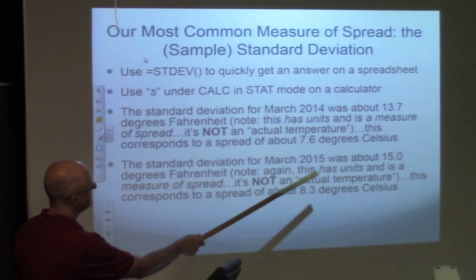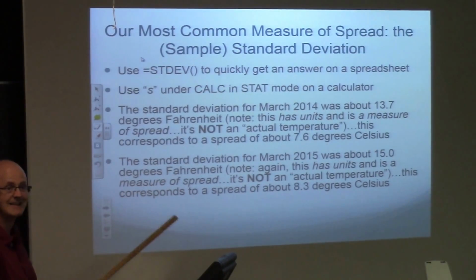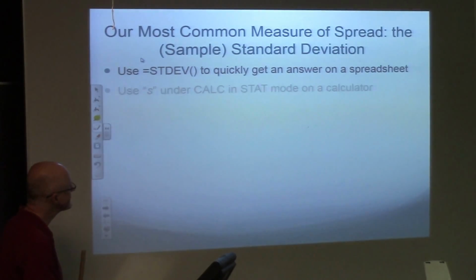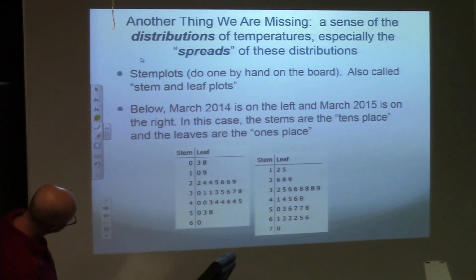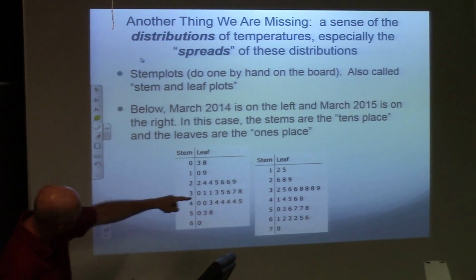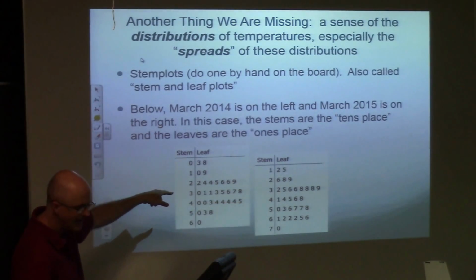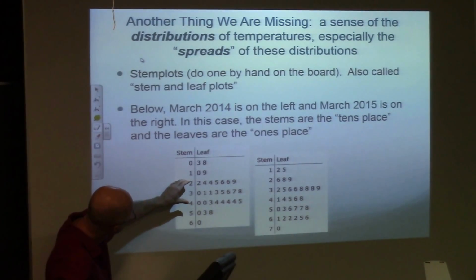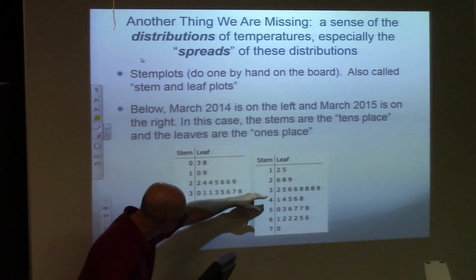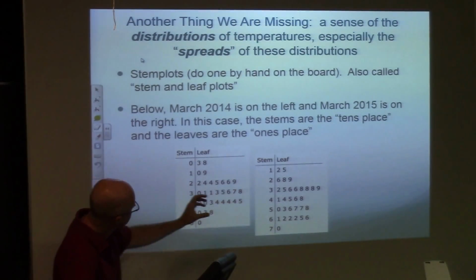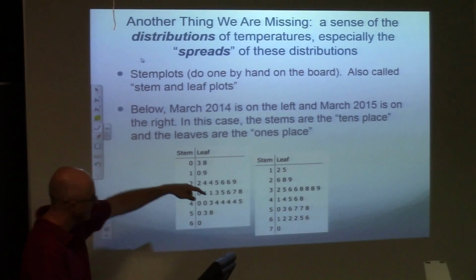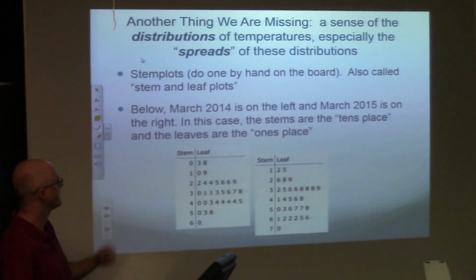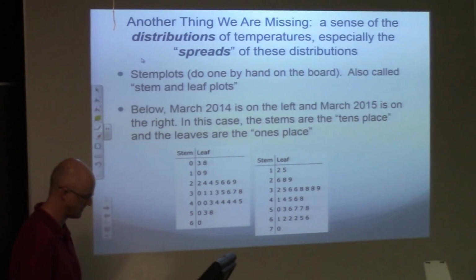Do notice that for 2015, the standard deviation of 15 degrees Fahrenheit is a little bit bigger than the standard deviation for 2014. That's because, looking at these pictures, there's a little bit more spread in the 2015 graph than in the 2014, especially if you focus again on the main bulk. 20s, 30s, 40s for 2014 being the main bulk, whereas 30s, 40s, 50s, and 60s, in a sense, being the main bulk for 2015. And you have more spread there than you do here. That's an intuitive reason why you get a bigger standard deviation for 2015 than 2014.